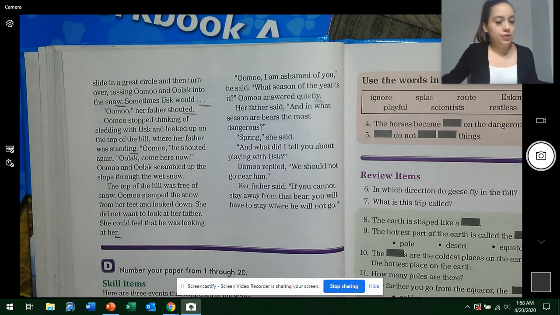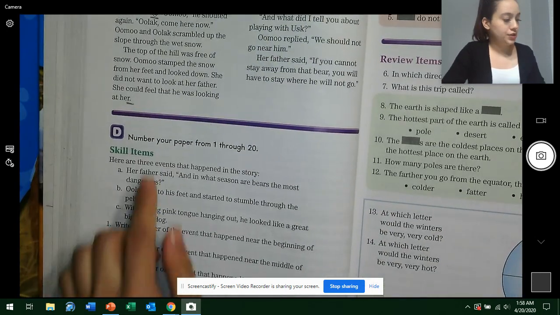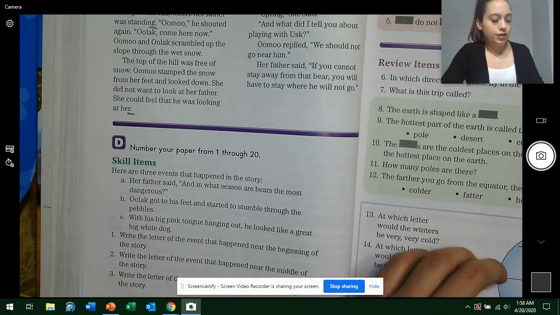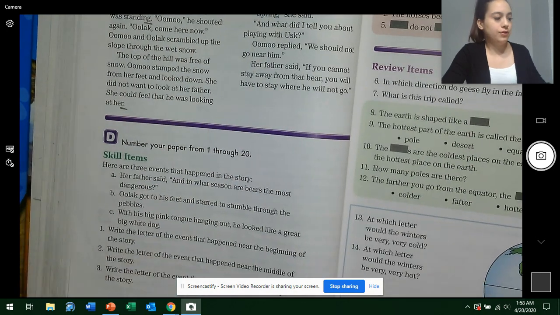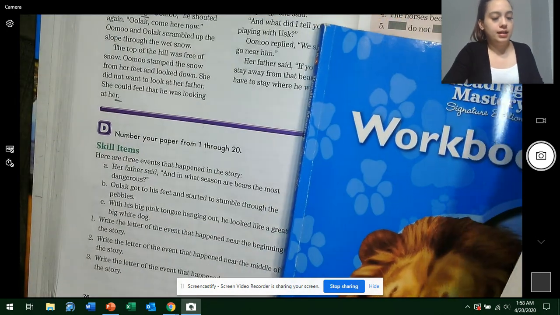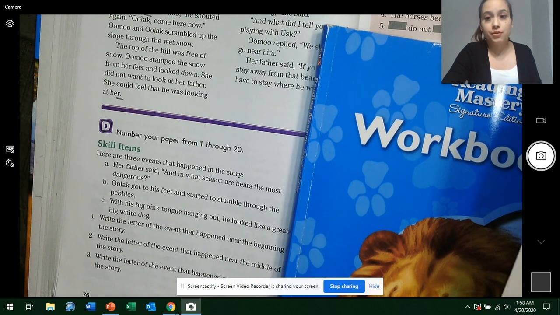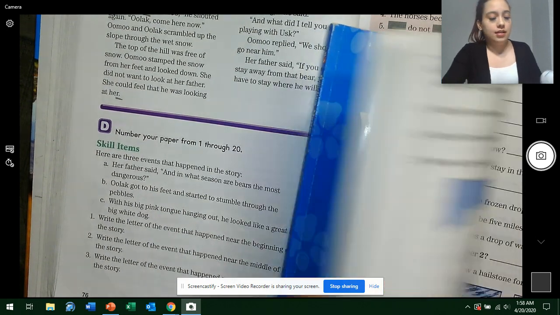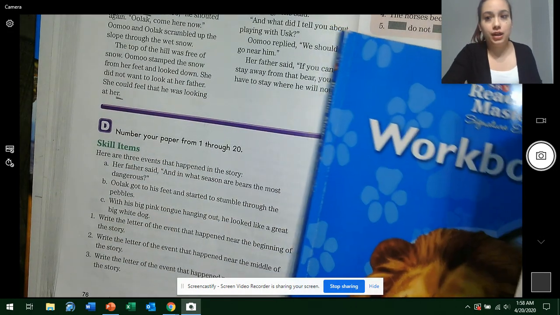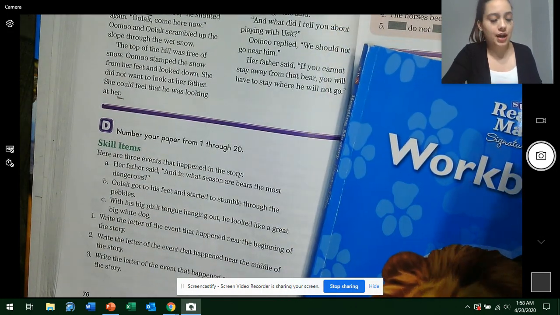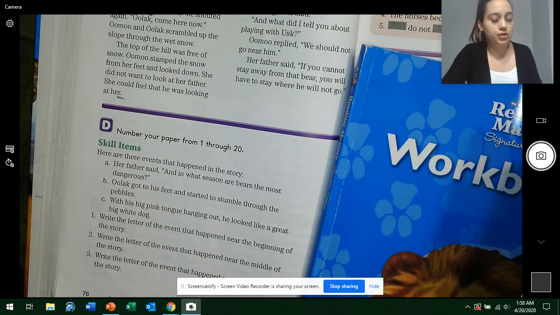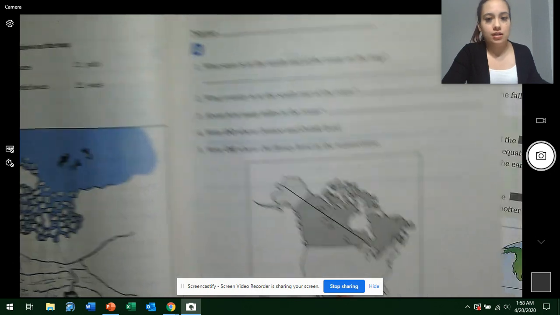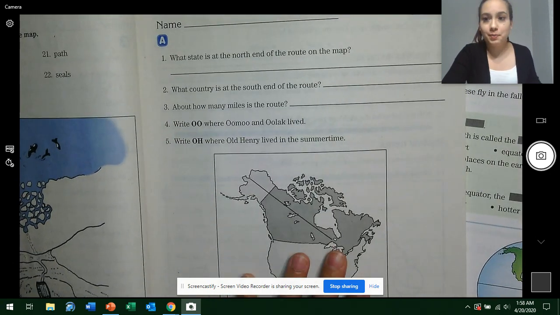So now it's all your turn to number your paper from 1 through 20. You're going to do the textbook questions on your own. Don't forget to also do your workbook and send me pictures of this. Please make sure to write your heading, boys and girls: name, date, and goal. And I see some of you have been doing quality work, and I am very proud, which we should all be trying to do, quality work. Also do lesson 15. Answer the questions in your textbook and your workbook.